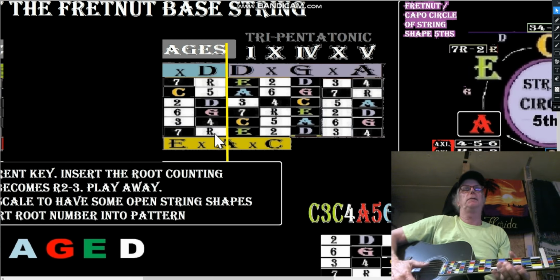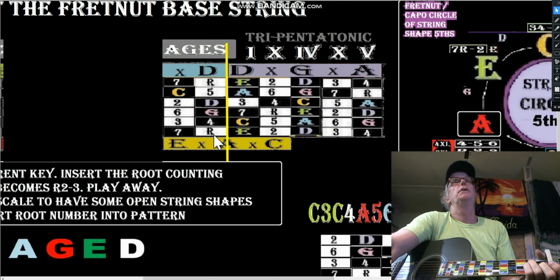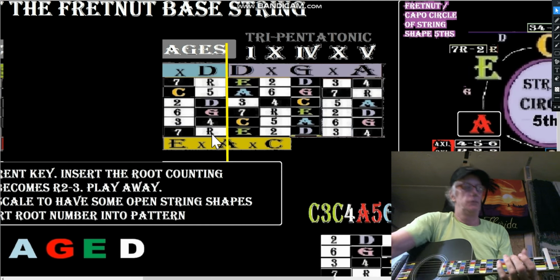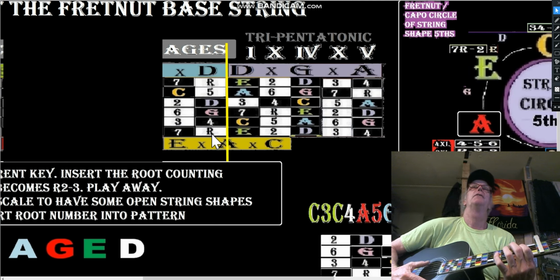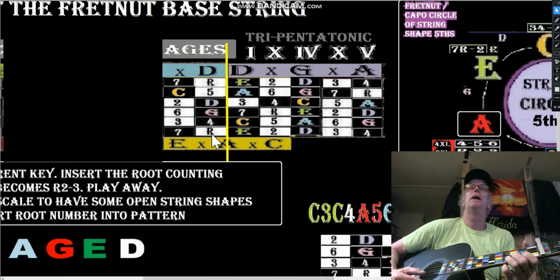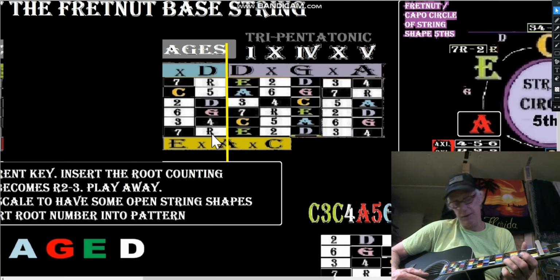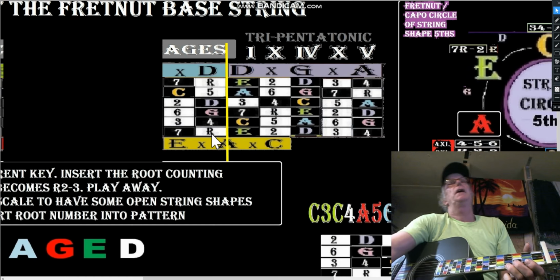Alright, so we're in our situation here with the E. Root becomes the 3rd, but remember, we're going to play the same pattern here. So we're going to go 3, 4, 5, 6, 7, root, 2, 3, 4, 5, 6, cut in, 7, root, 2, 3, 4, 5. What note did we end on? We ended on G sharp. Is G sharp the 5th of C sharp minor? I think so. So that's how that's done. Or we could